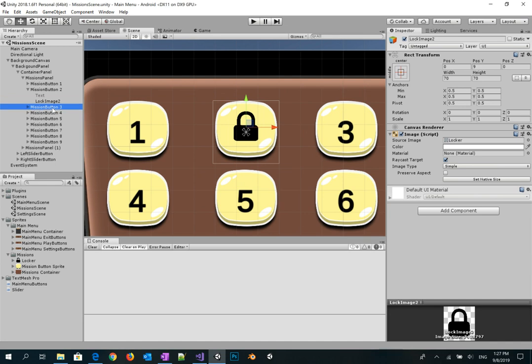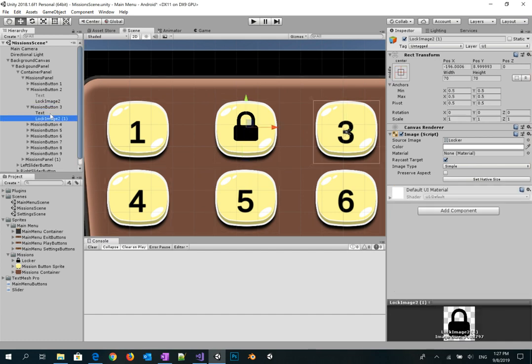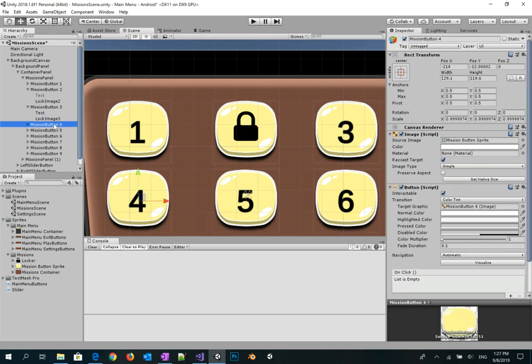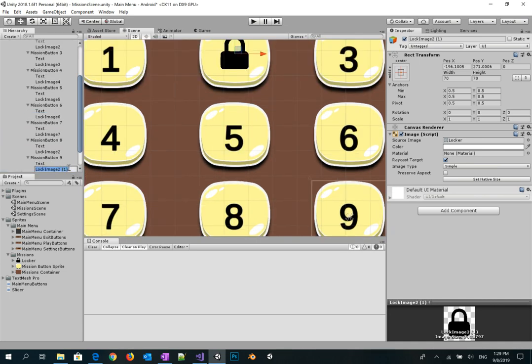So here we have to duplicate this lock in all the other buttons. So let's duplicate it and drag and drop it to the third button. Let's rename it to lock image 3. I will do the same thing for all the other buttons. So here, the fourth one, yeah, it's the last button. So here let's name it lock image 9, lock image 8,